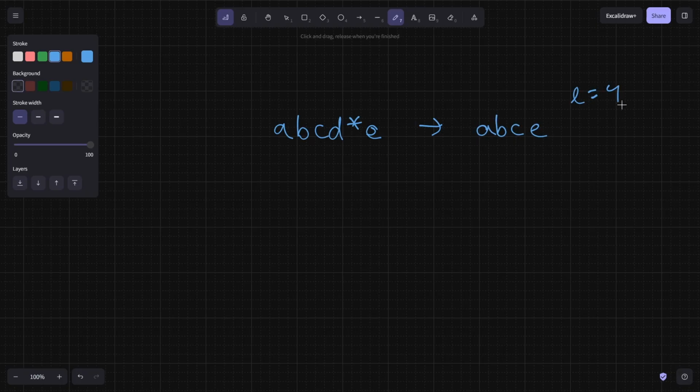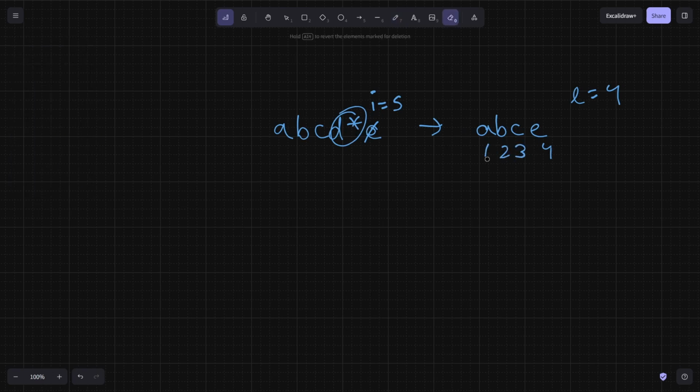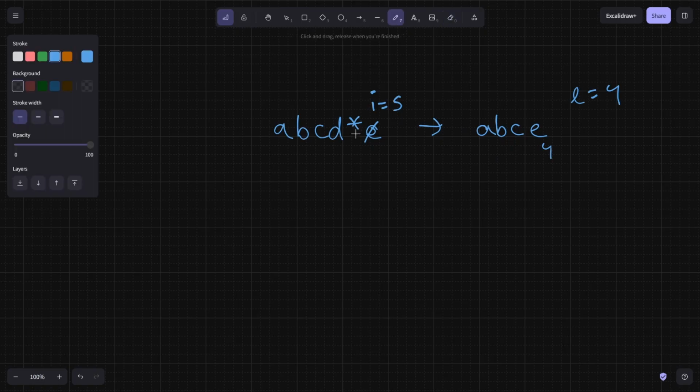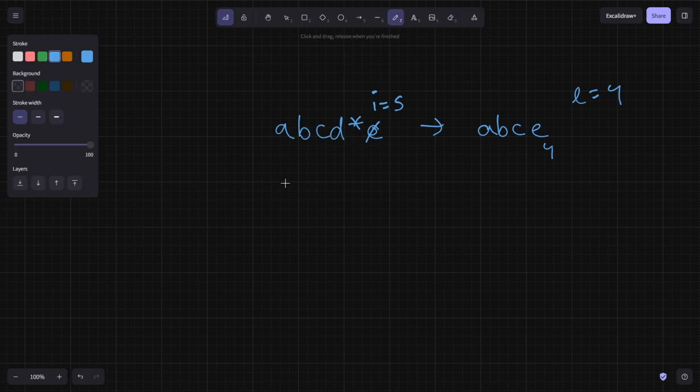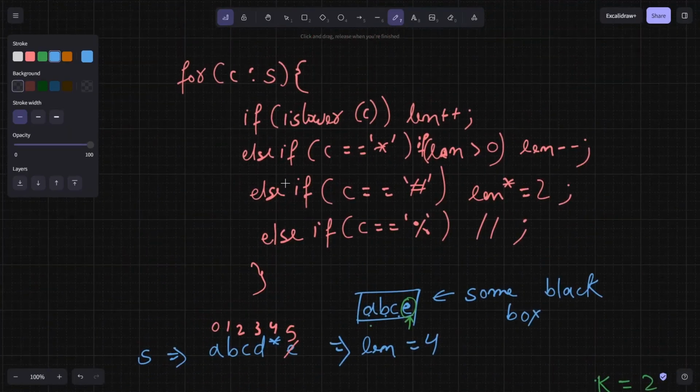So here length equal to 4, okay. So here if we check i equal to 5, at the asterisk, what it basically did is, if we see here length equal to 4, if we didn't delete that asterisk, length is going to become 3, 2, 1, okay. But why are we deleting the asterisk? Because if we see, while calculating the length,